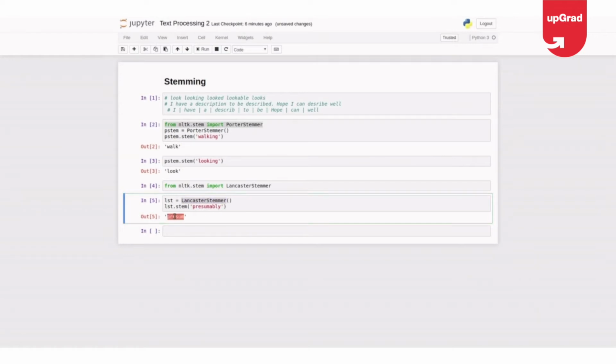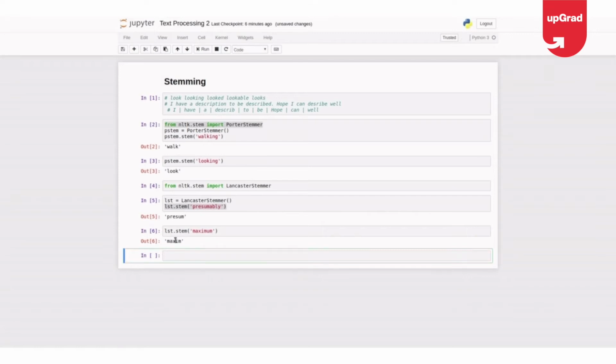So it has taken presume, which might not be a dictionary word or a root word, but it's a stem. I'll give another example to prove how it's not a root word. If I say maximum, it gives maxim, and I don't think it has any relationship with maximum, and maxim is not a dictionary word or a root word. It's a stem again.